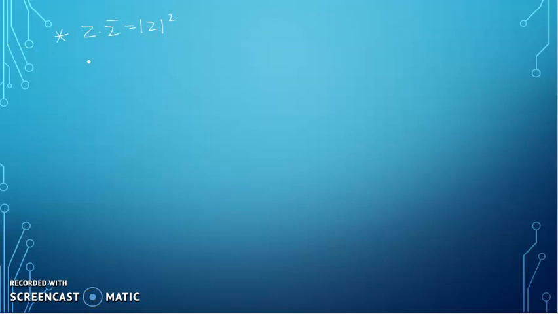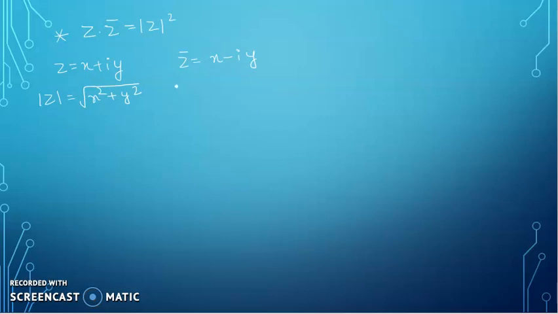What is z? Z is any complex number. I am showing you, z is equal to x plus iy. So what will be the value of mod z? Mod z is equal to the square root of the square of the real part plus the square of the imaginary part. Clear, students? This we have studied in detail. Now what will be the value of conjugate of z? Conjugate of z means you change the sign of the imaginary part, so it is x minus iy.